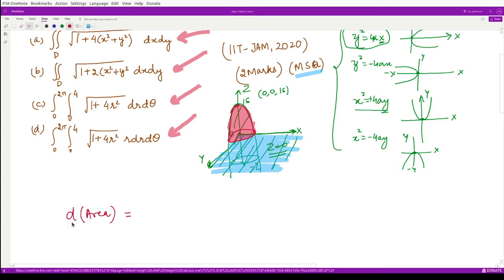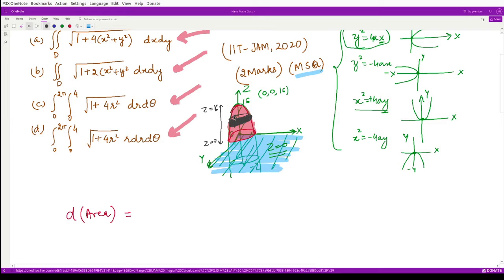So if you know some small portion of area, suppose I am taking a small disk here. According to the small disk, whatever is this portion, I am calculating that area. This is a very thin slice of the paraboloid. If I integrate that area with z varying from 0 to 16, I'll be getting the whole area. So let us first calculate the area of this black region. It would be equal to